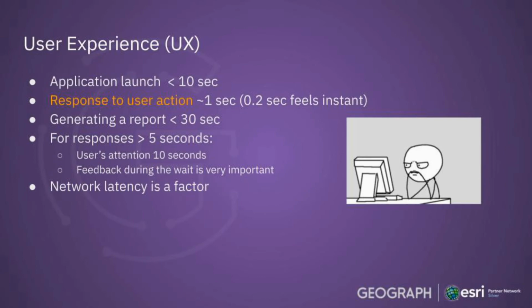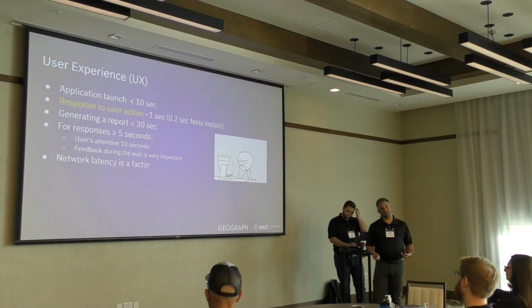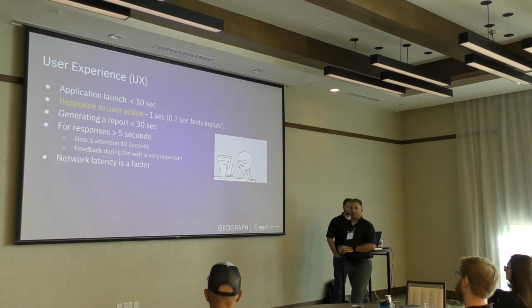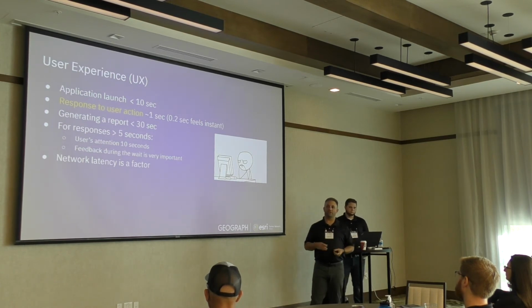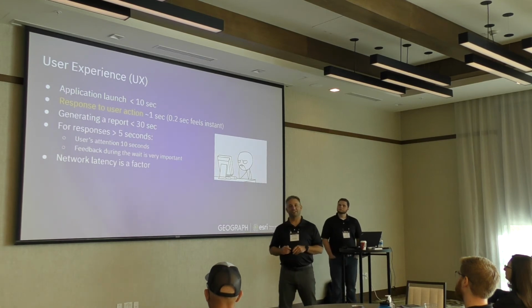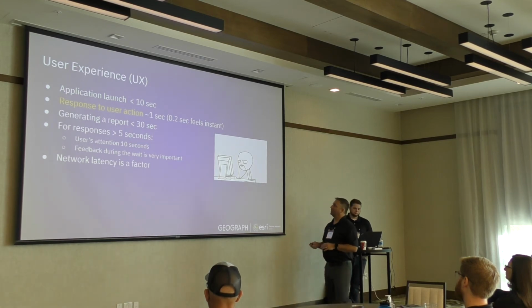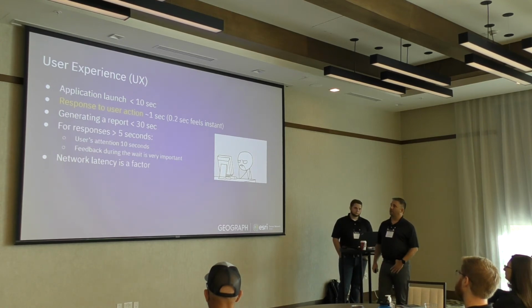When you're in the application and you're doing something, most users feel like it's instantaneous if it's sub 1 second, right? I get an instantaneous response. Right? Google, I do a search, you can get 100,000 results back in 0.7 seconds. It feels good, right? You don't even think about it. That's kind of a goal that we're looking for, right? We want to get response times down to around a second, if not better.